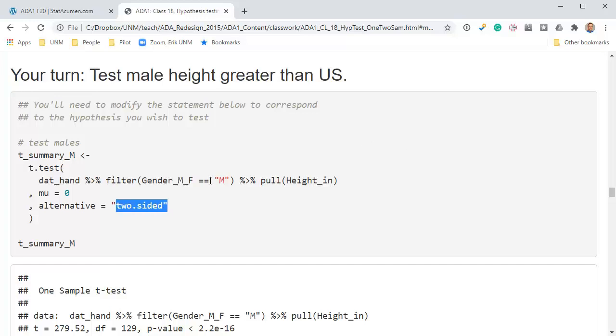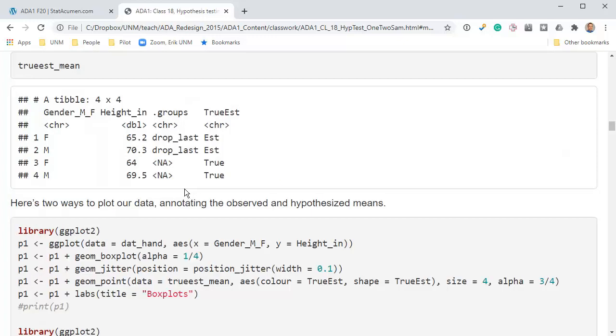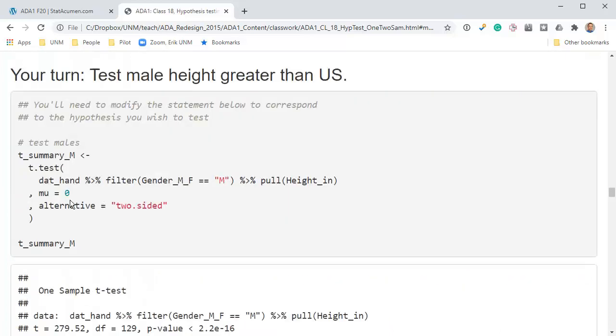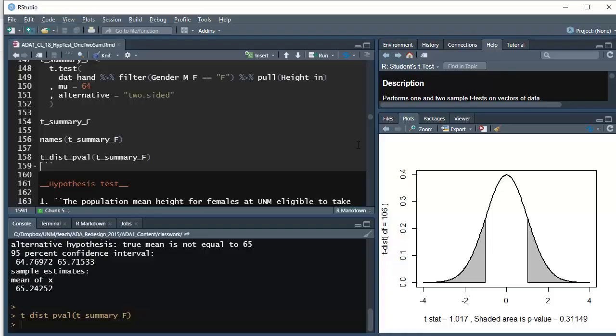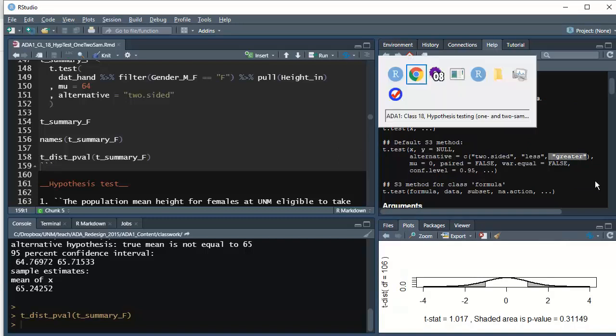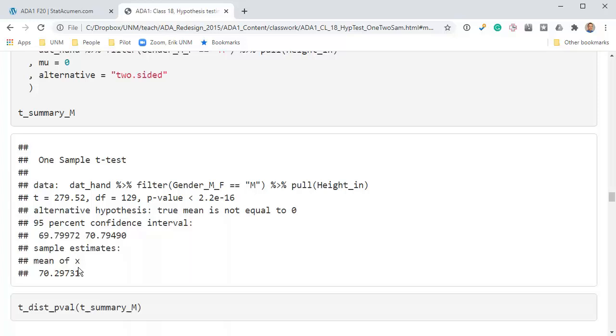Okay, so let's page up for a second to the true values. Here is the value of males from the US population, 69.5. For the males, you need to specify that number here, and also you need to change the alternative to be greater than. And as we saw in the help, the alternative needs to be, quote, greater. Okay, so if you make those two changes to this code, then you will get a test here that is